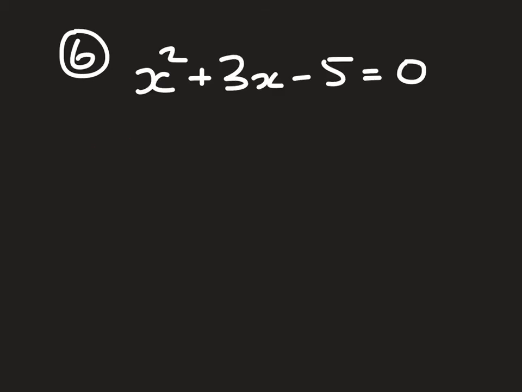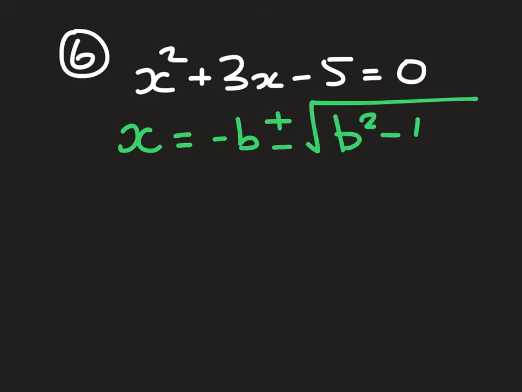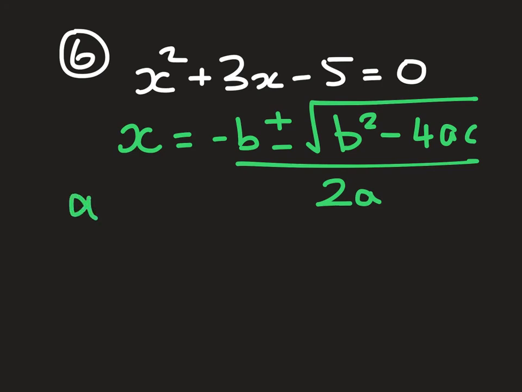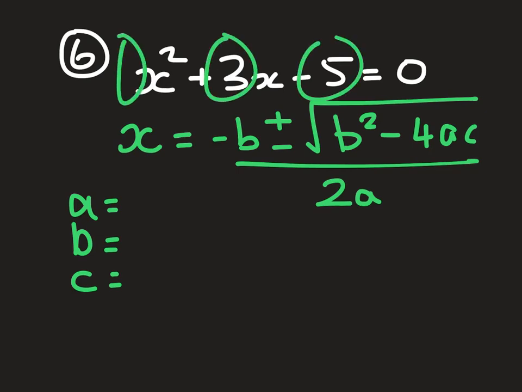Question 6. Now that is the question which uses the formula x equals -b plus or minus square root of b squared minus 4ac, divided by 2a. Okay, so work out what a is, work out what b is, work out what c is, and you get that from these positions here. Put them in the formula. Remember, the unrounded answer is required first of all,